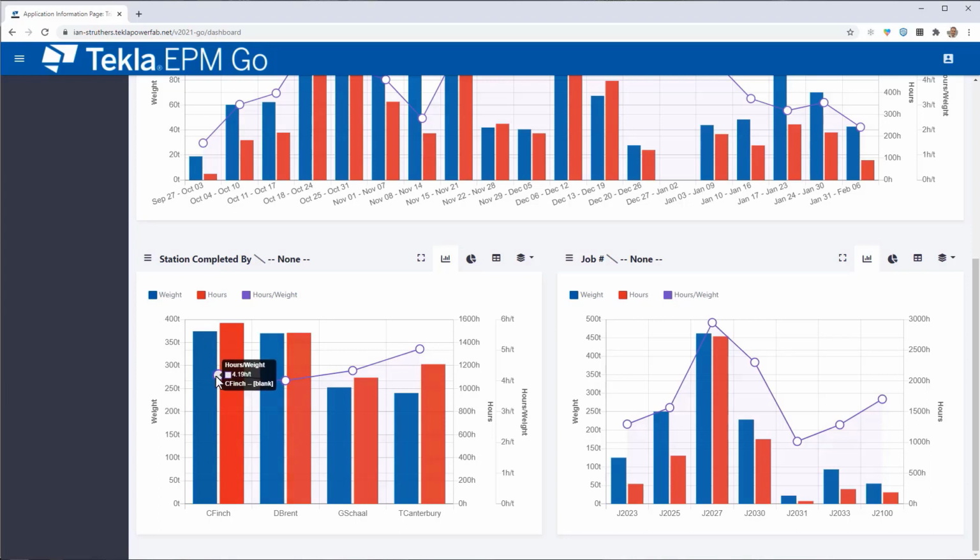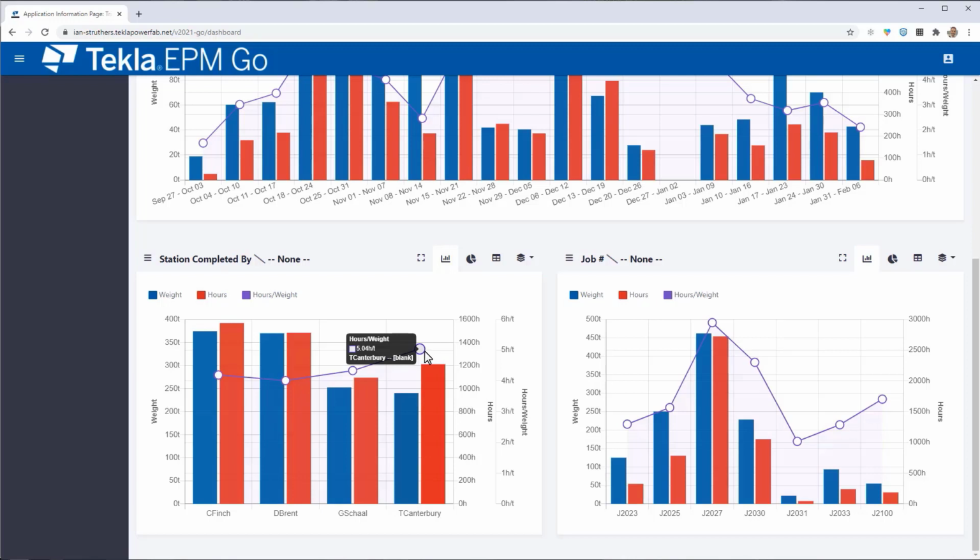The most efficient is here with just over 4 man hours a ton. The least efficient is just over 5 man hours a ton. But being able to compare the performance of your fabricators is really valuable, and gives you an insight that allows you to make informed decisions better and quicker.